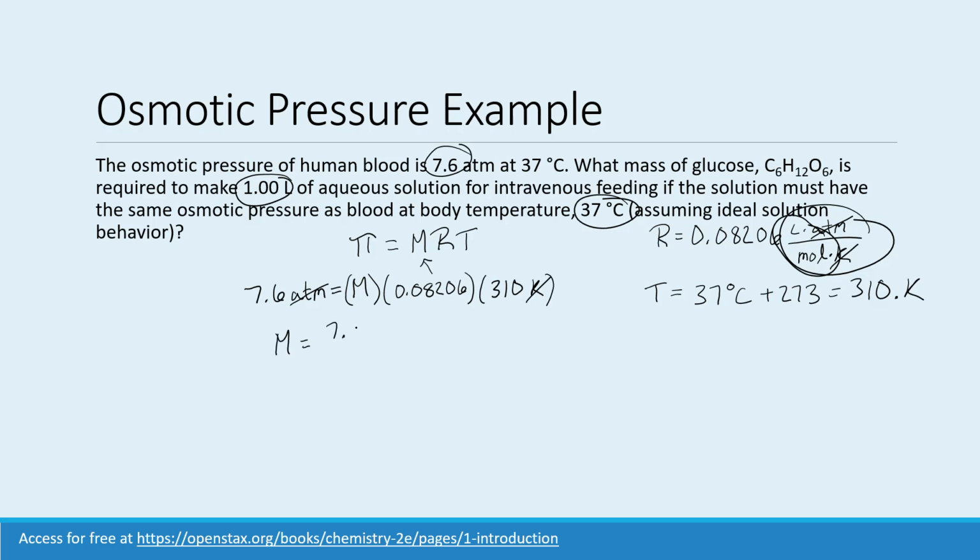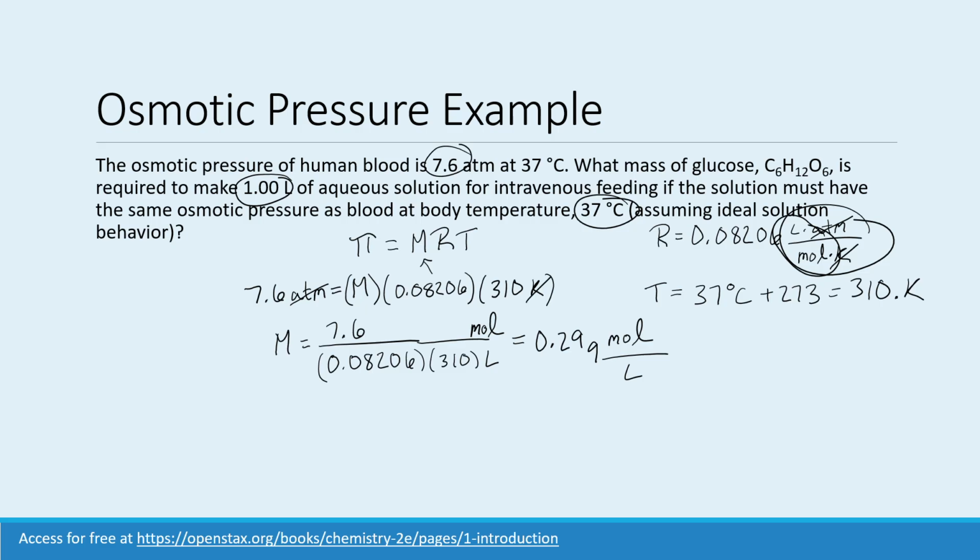and so that will leave you with your concentration of moles per liter by the time that you flip it over. So molarity will be equal to 7.6 divided by the 0.08206 times 310. Okay, and again, you're going to flip those R units because you're dividing them, and so you'll get the liters on the bottom and moles on the top. Okay, and we'll keep 3 sig figs until the end, so that gives us 0.299 moles per liter,